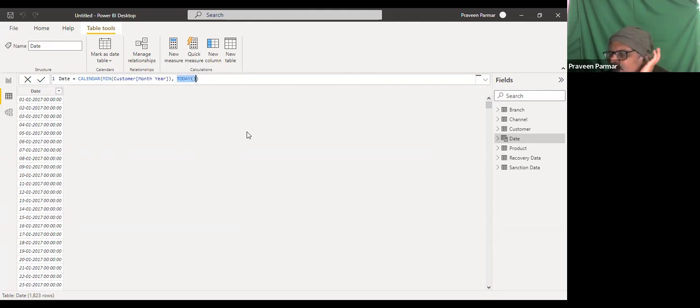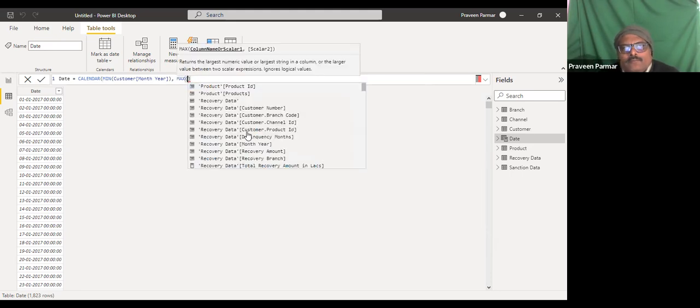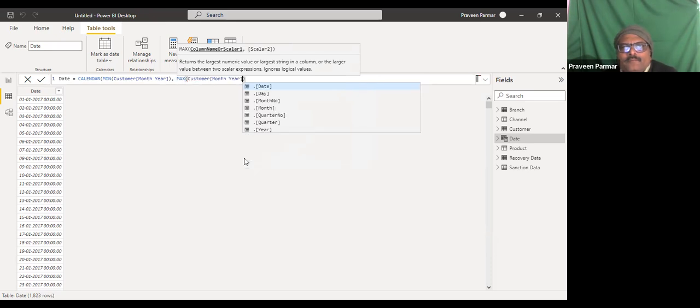The maximum date in the customer table. Got it? So I use the maximum, and month year, customer. Understand?